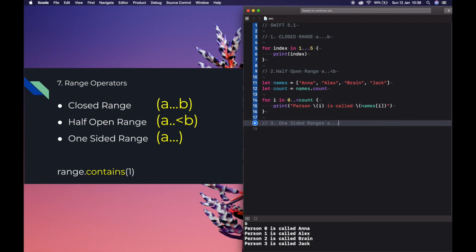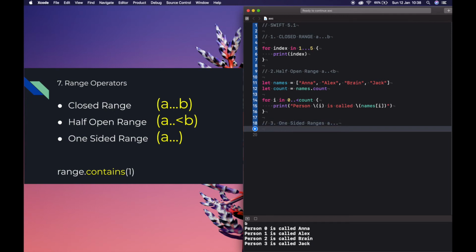Okay, next we are going to check the one-sided range, which has the form a.... The closed range operator that we checked earlier has an alternative form for ranges that continue as far as possible in one direction.